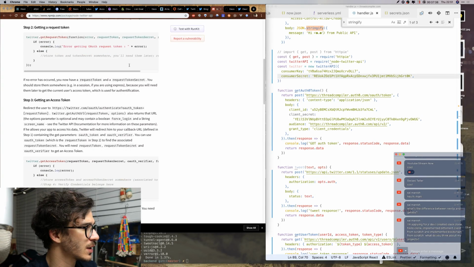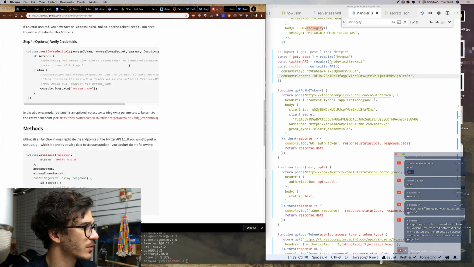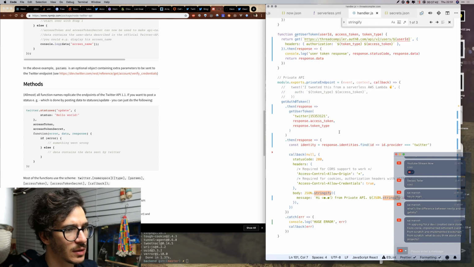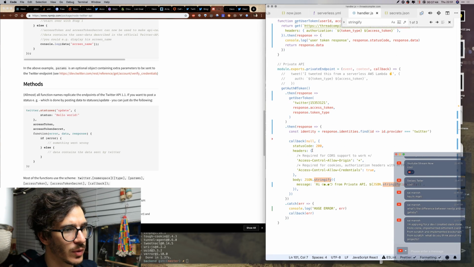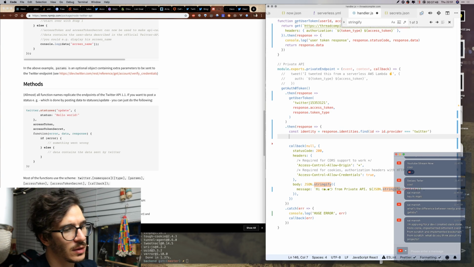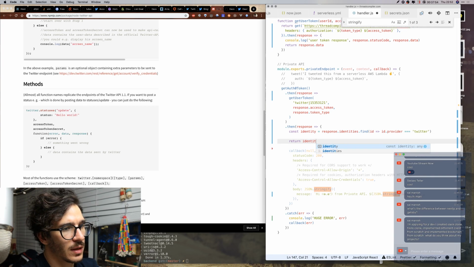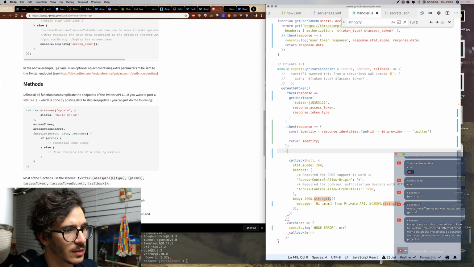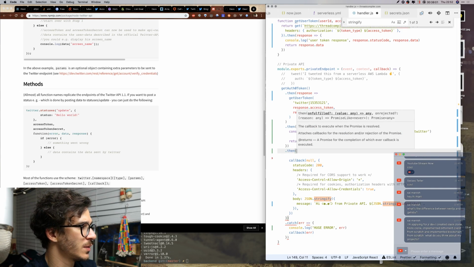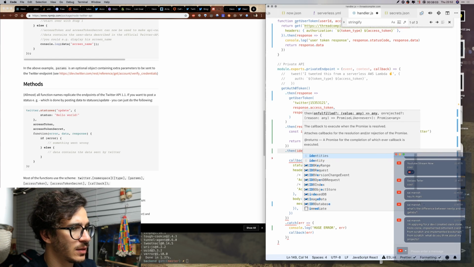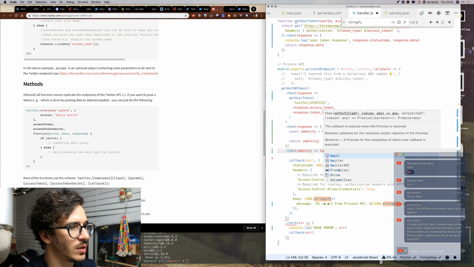Getting a request token, getting an access token, verify credentials, methods. So here, when we go, we have our identity. So we return the identity like that. Then we say identity and we tweet.